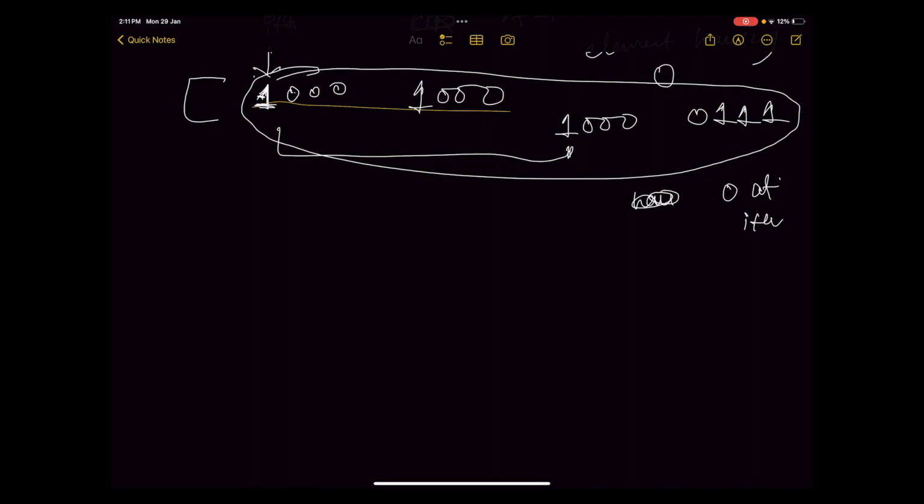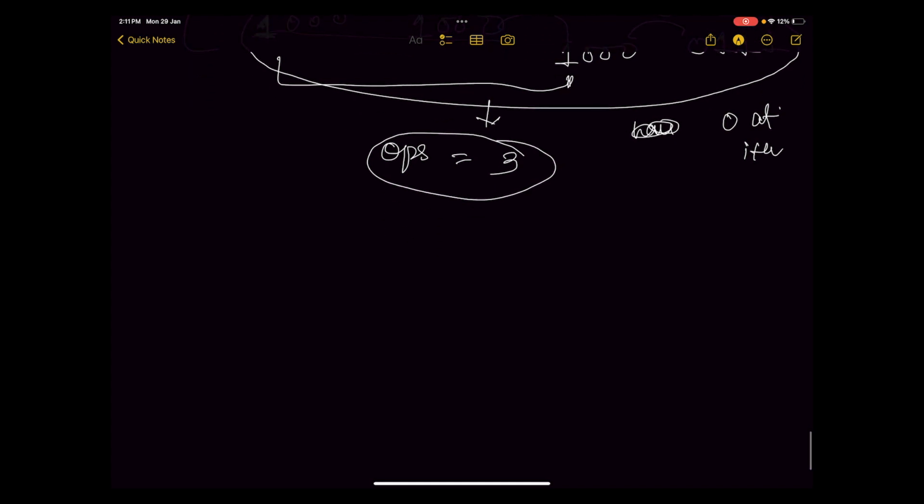in 0. And the number of operations required over here is the number of elements minus 1. So 1 2 3 4 minus 1 is 3. So they can do an AND operation with themselves to get a 0 at the ith